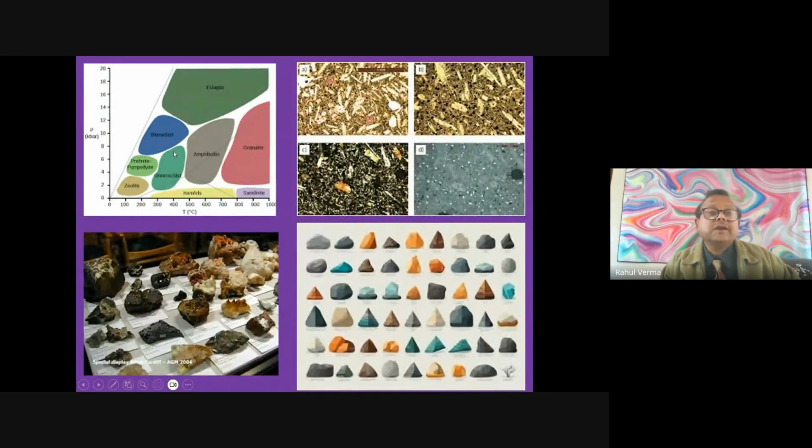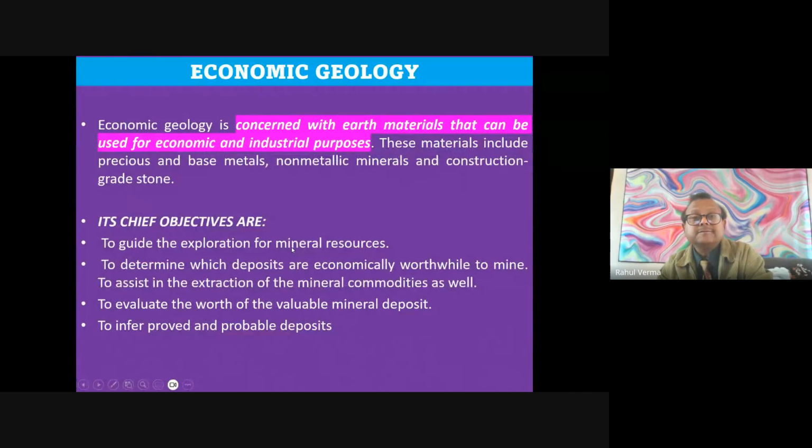Now this gives you an idea of metamorphic phases. Along this line, you see pressure is increasing, so this will show mostly the impact of pressure. Here along this line, most of the rocks are metamorphic under the influence of high temperature only. And along this line, they are under the effect of both temperature and pressure. That is called regional metamorphism. These are some pictures and thin sections.